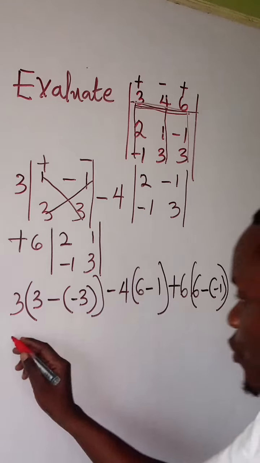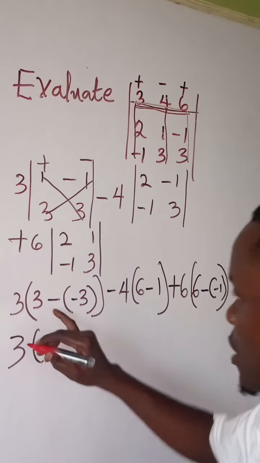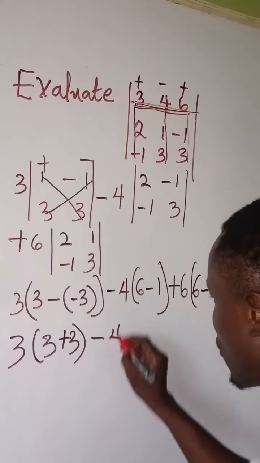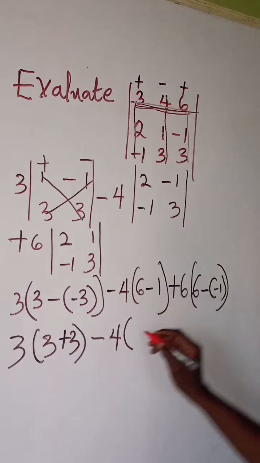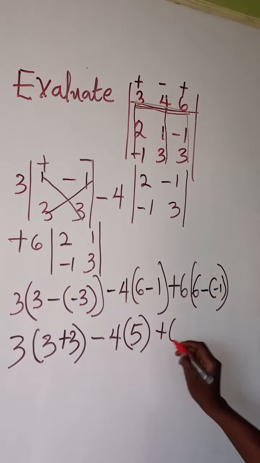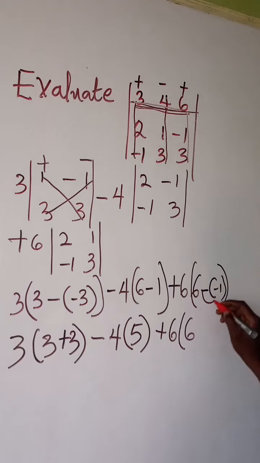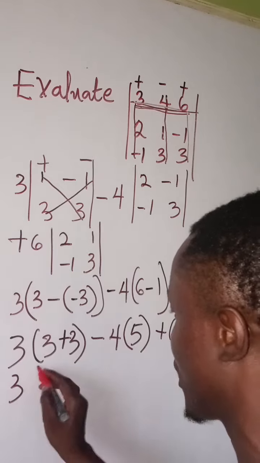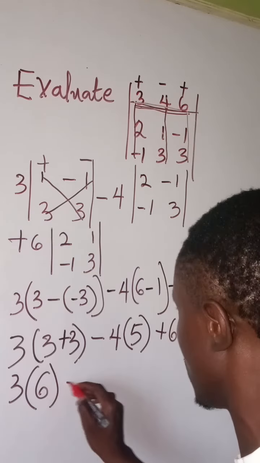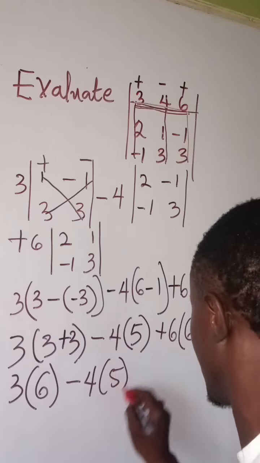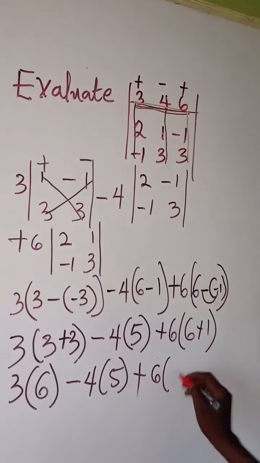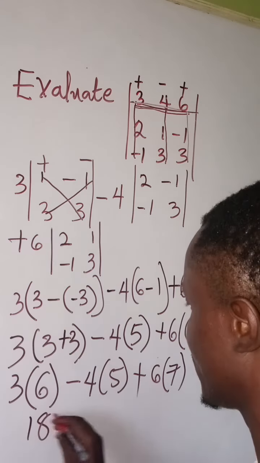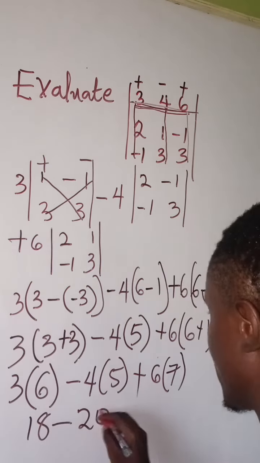So here you now have our 3 into bracket. 3, minus times minus is plus, so we have plus 3, minus 4 into bracket 6 minus 1 is 5, plus 6 into bracket. Minus times minus will give us plus 1. So let's come here. We now have 3 into bracket 3 plus 3 is 6, minus 4 into bracket 5, plus 6 into bracket 6 plus 1 will give us 7. 3 times 6 is 18, minus 4 times 5 is 20, plus